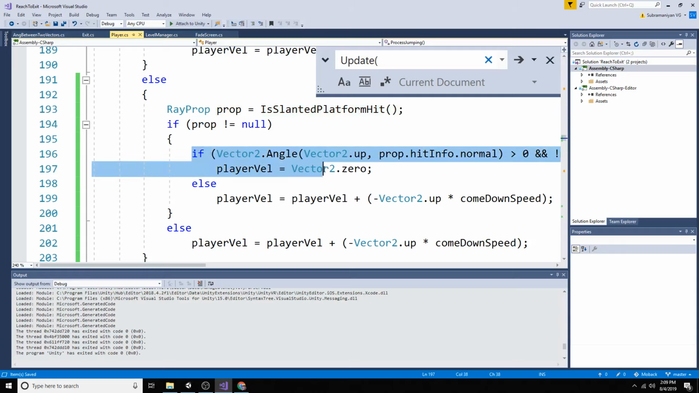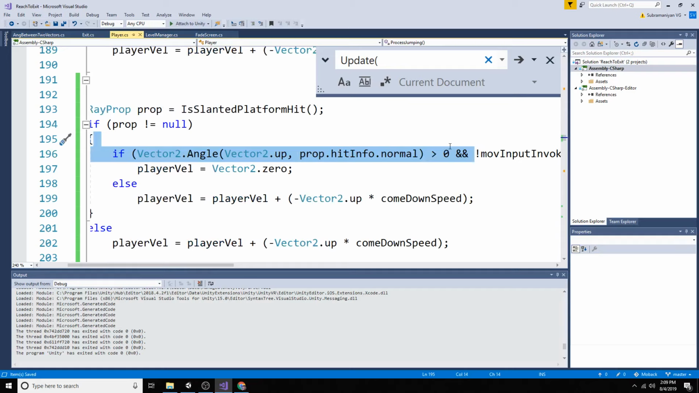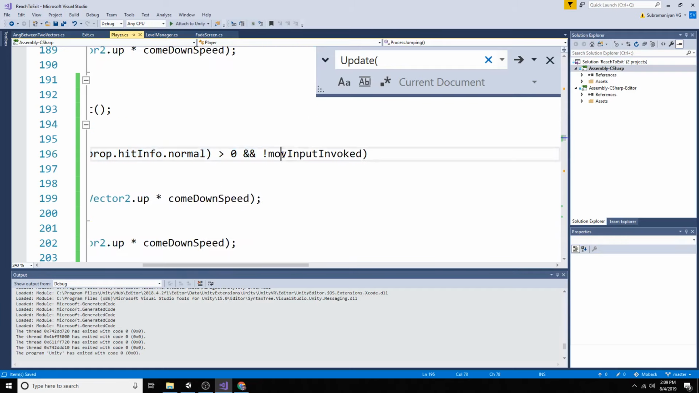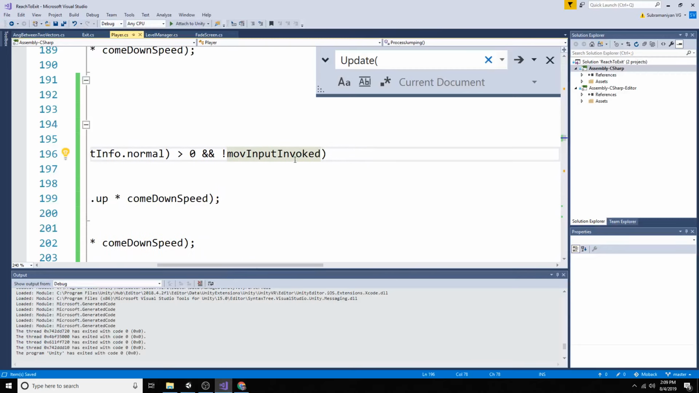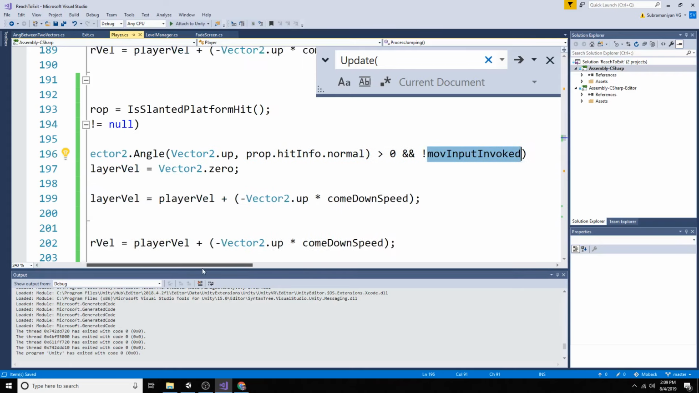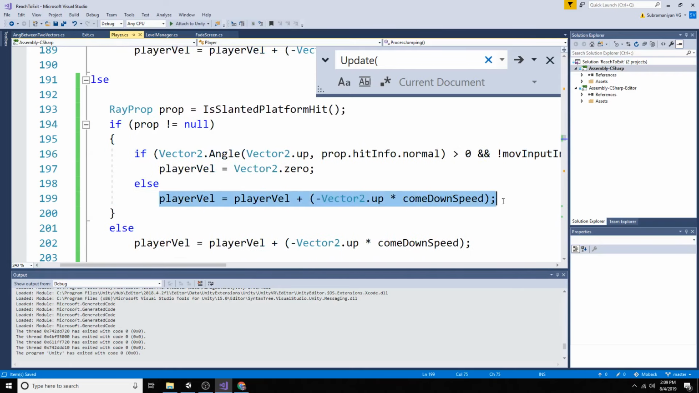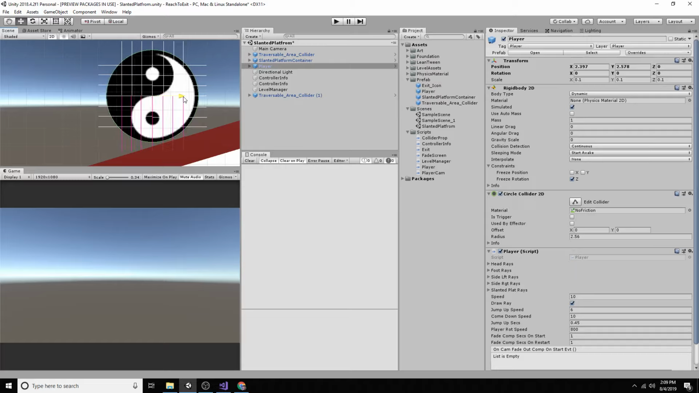And if you see here, this condition will be satisfied, but this won't be satisfied because on this frame you are saying that I want to move the character left. So you had given the movement input. So even though this condition satisfies, this will fail and it will pull the player down. So it will be like this. In the next frame